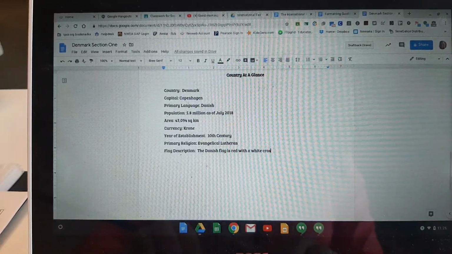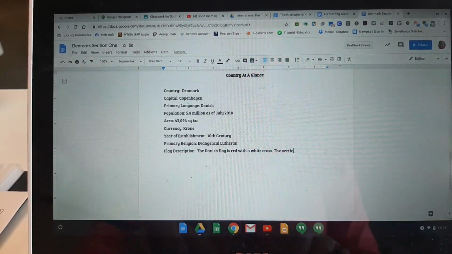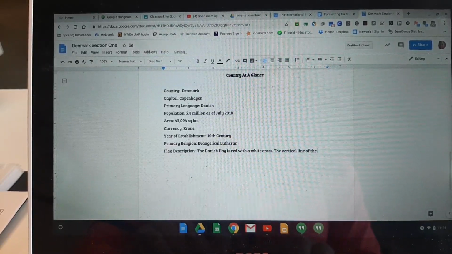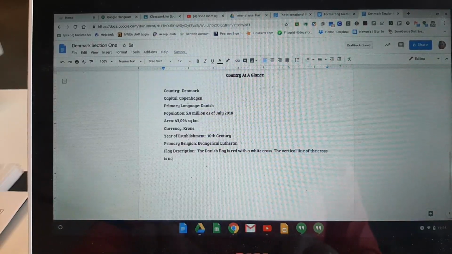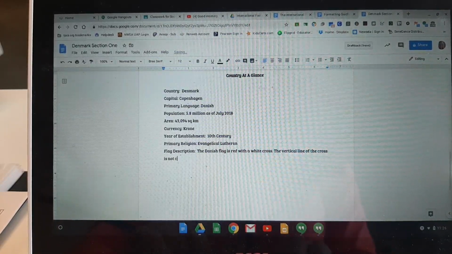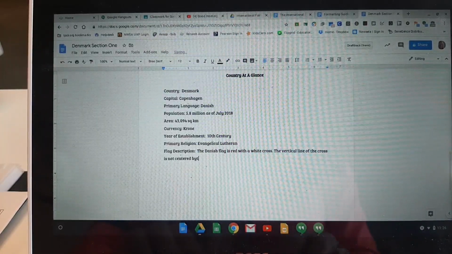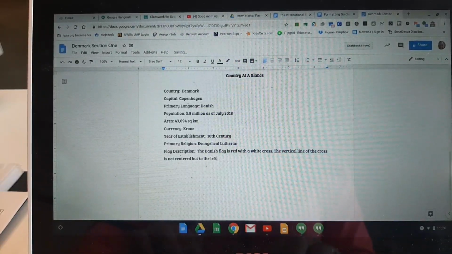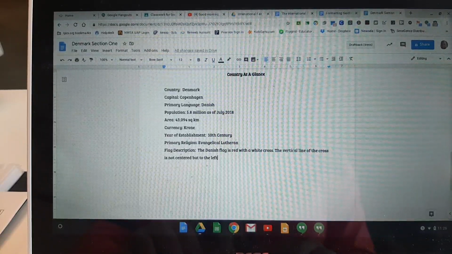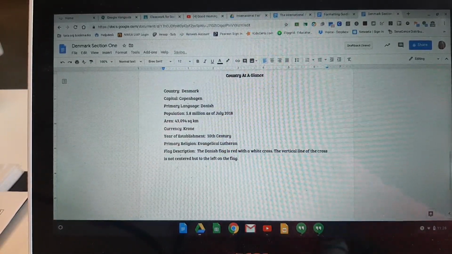With the white cross. Okay, so I have my flag description in here,